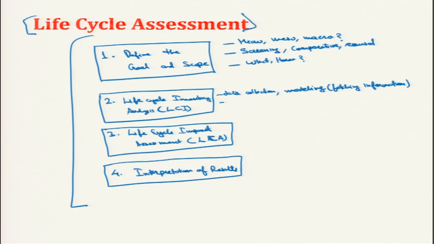Then in step number 2, we look at the environmental inputs and outputs associated with a product or service, such as the raw materials, energy, emissions, pollutants, total pollution, and waste streams. So, this is where we get the complete picture of what the status is. We have just defined the goal and scope in the first step, and here we get the overall view of what is there. Now, we need to conduct the third point, that is life cycle impact analysis.